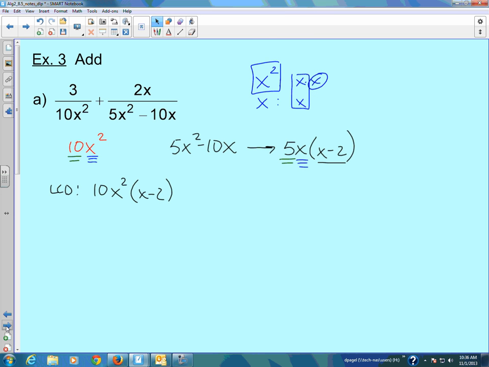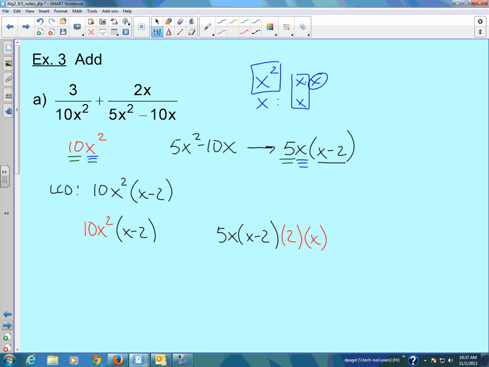If I'm going to do the, hey, let's find what's missing thing, we start out with a 10x squared, and we realize that that rational expression is missing the x minus 2 off of the other one. And if we start out with the 5x and the x minus 2 here, we realize that it is missing a 2 to make the 10 and an x to make the x squared. Now, the reason I'm looking at it this way, where I've separated it and found out what the missing parts are,